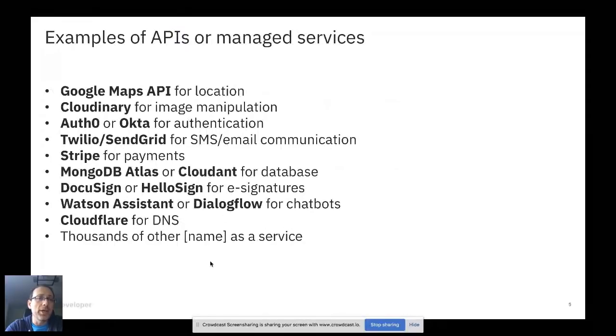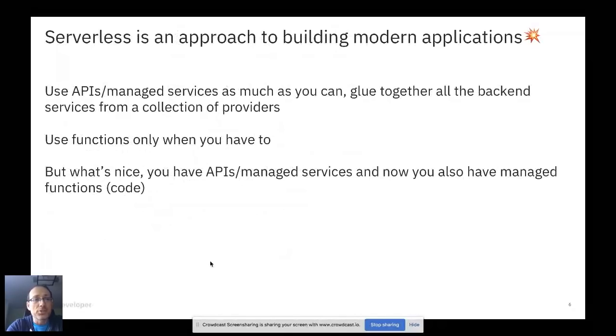But these are APIs, or another way to call them, managed services. So this is the first component in the modern application that I mentioned. The approach to building modern applications is that we should be using these APIs and managed services as much as we can to basically glue our backend together from a collection of